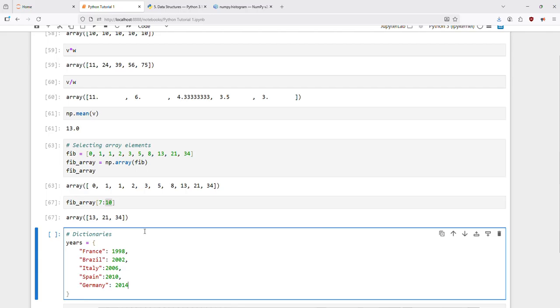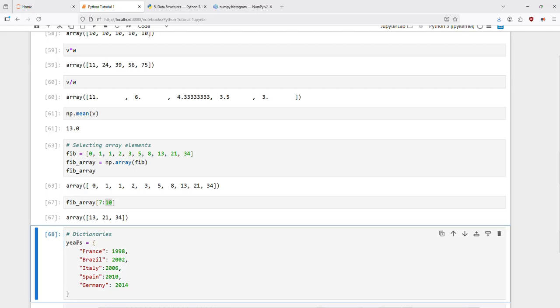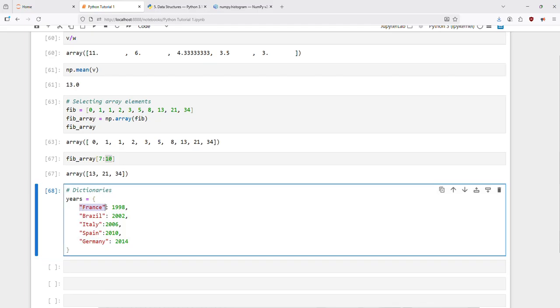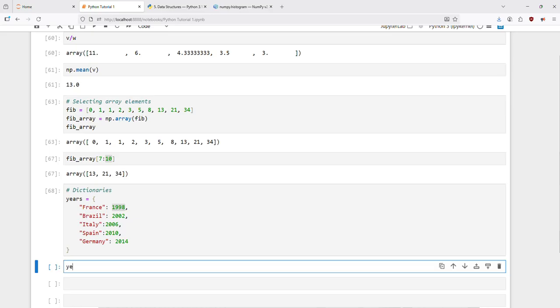So in this dictionary, you have an item, so a key and a value. So you have key value pairs separated by commas. So the key would be France. The key can be a string, it can also be an integer. The value can be anything, it could be a list, it could be a string. But it's very useful because